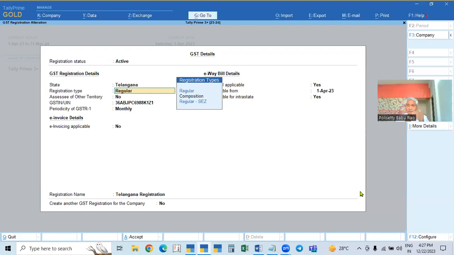HSN number as well as HSN or SAC and GST rates, taxability, taxable, nil rated or exempted. If it is taxable, what is the rate we are giving? And in the case of e-way bills, what is the limit of the e-way bill? That is called the threshold limit. What is the threshold limit? So 50,000 or 1 lakh, that threshold limit is, in the case of some states,